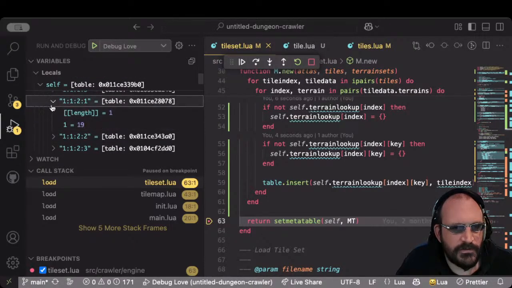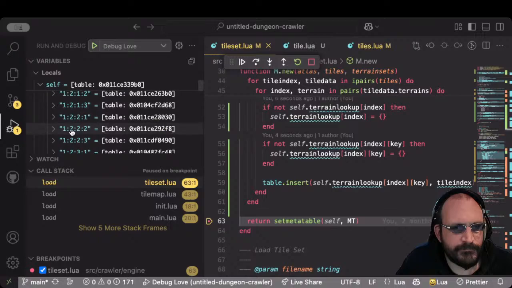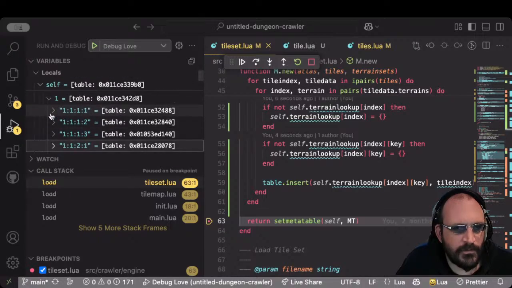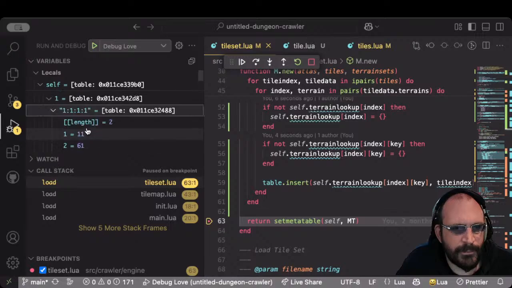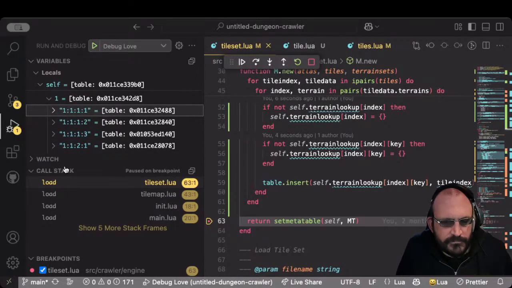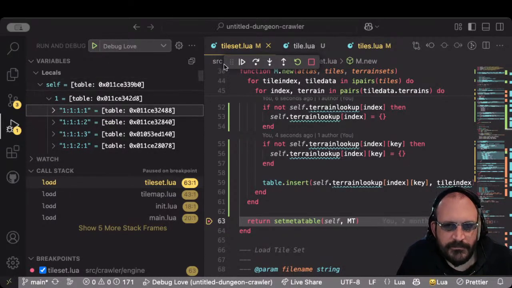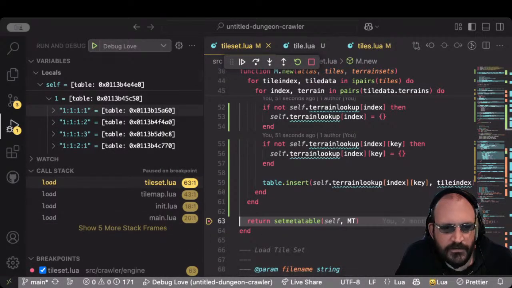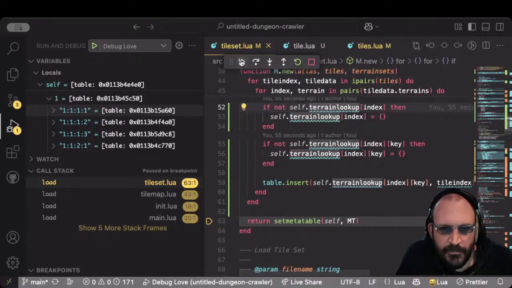So this will have one, this one will have two. Okay, so it looks like our terrain is being loaded correctly. So if we take out the breakpoint and continue to run,